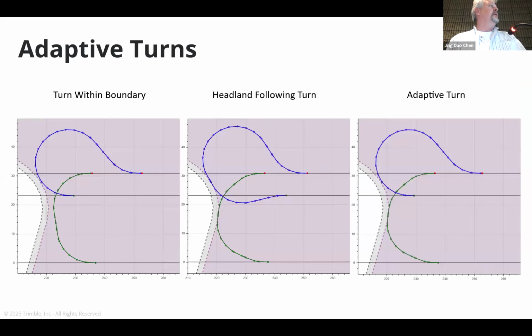Line-to-line transitions, what we're really talking about are adaptive turns or end-of-row turns. A lot of the consideration has to do with whether the vehicle is capable of going from one row to another within the steering and dynamic capability of the vehicle itself. The blue lines are a situation where the rows are so narrow that the vehicle needs to make some wide, broad turn in order to attach itself to the next row. And the one in the green is a more lazy one where the vehicle's capabilities can achieve that without any